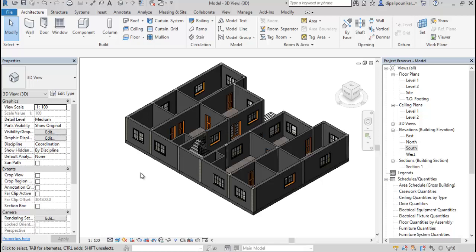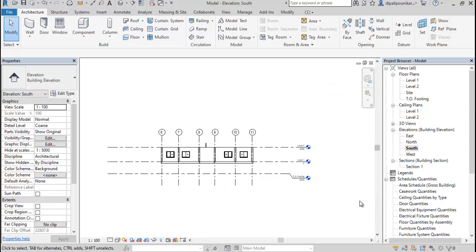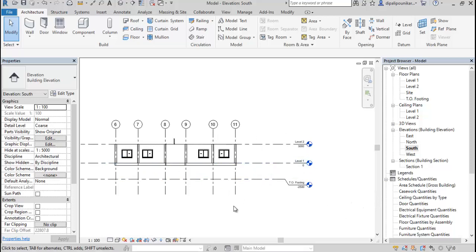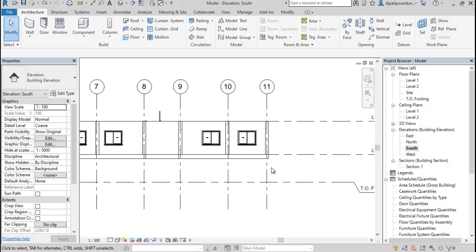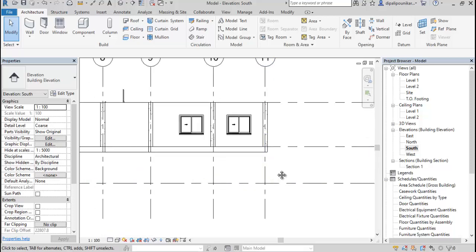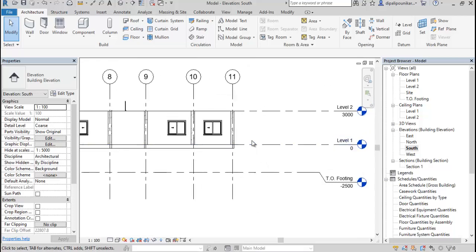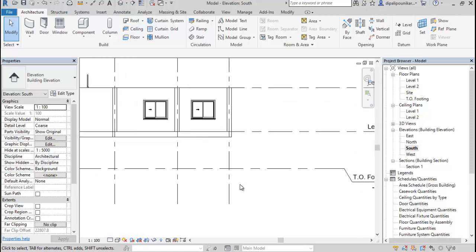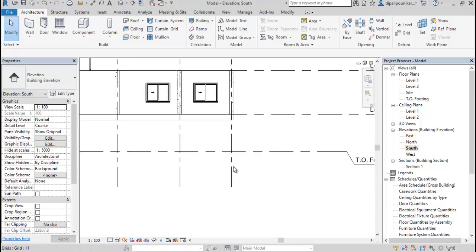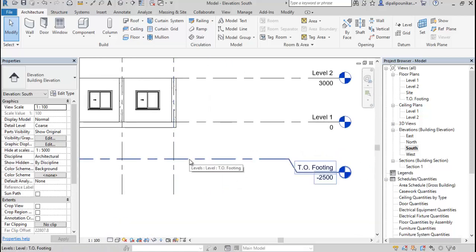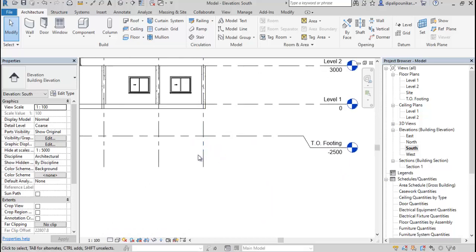So first of all, whenever you are working on any structural members, remember you need to go to the south elevation first and assign the layers. Now let's come to the foundation. If I want to add a column over here, I'll be at level number 1. When I need to provide a footing, I'll be at this level, the top of footing. Also, we need to provide one more layer for the PCC layer, right?